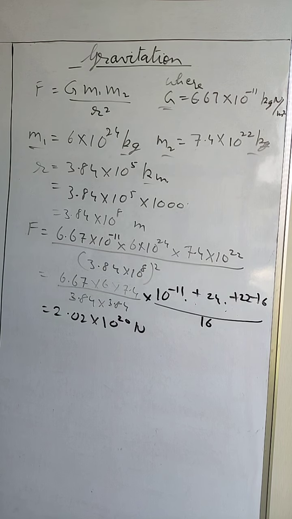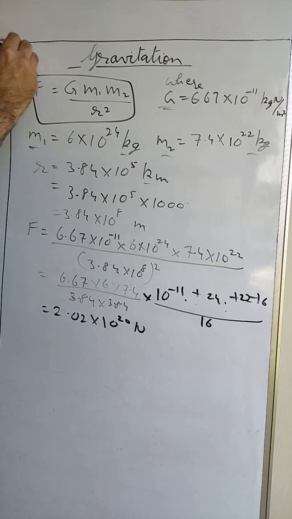Now we already studied the importance of the universal law of gravitation, that it allows us to find the force that is there between any two bodies. I already told you that the gravitation force exists between any two bodies which have mass. It depends on the mass whether the body has more gravitation force or less gravitation force. So it enables us to find the gravitation force between any two bodies. It also enables us to find the gravitation force between planets, and thus it helps us in deciding the motion of planets around the sun and the motion of moons around the planets.